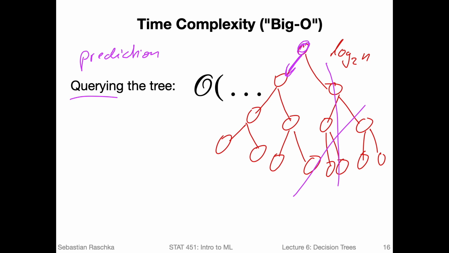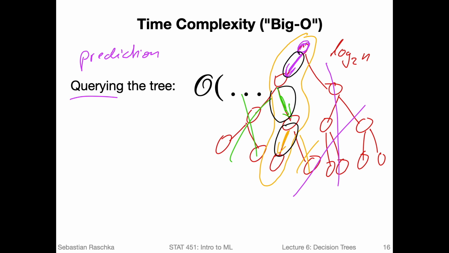And then we have the same thing again here. So we may go right here. If we go right, then we can forget about all this part here. And then again, the last decision would be this one here, so we can forget about this one. So here, what we do is we only have a number of checks equal to the depth of the tree, right? So in fact, we have 1, 2, 3 decisions. And that would be exactly log 2 n, right? The depth of the tree.